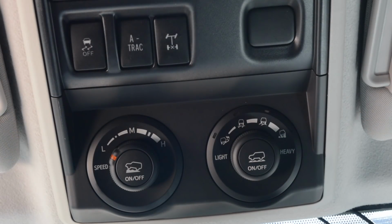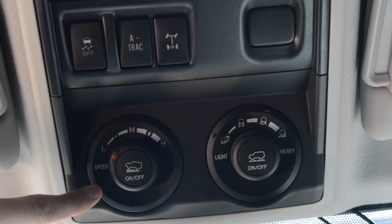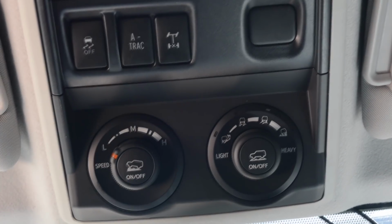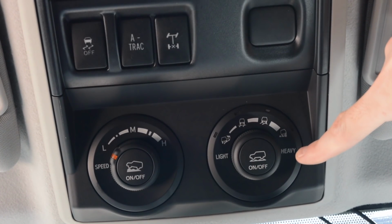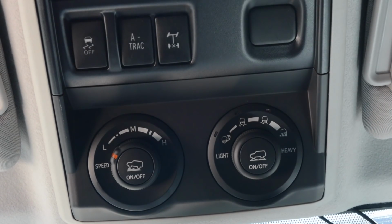Alright, so this is the bread and butter of the Trail system 4-wheel drive features. This is the crawl control. It allows travel on extremely rough road at a fixed low speed without having to press the accelerator or brake pedal. All you have to do is steer. This is the multi-terrain select system, which has 4 terrain modes. When you select the mode according to the terrain, the engine power and active control system is controlled to enhance